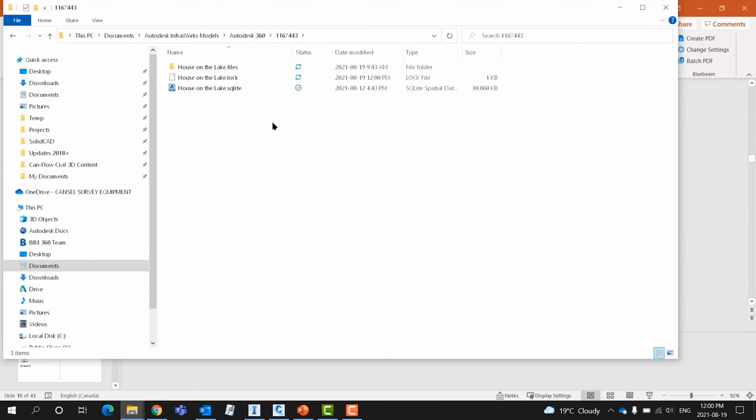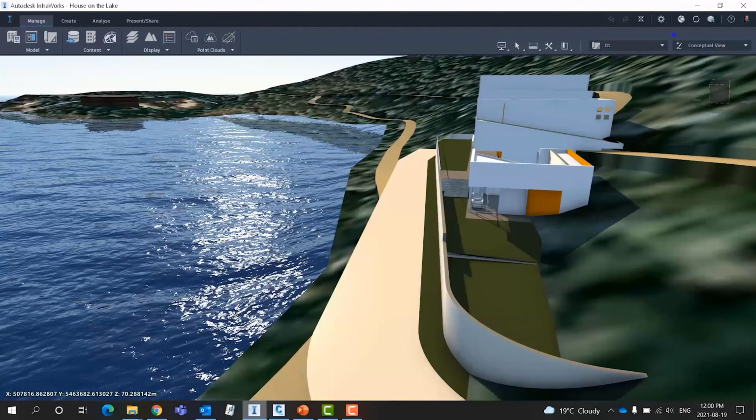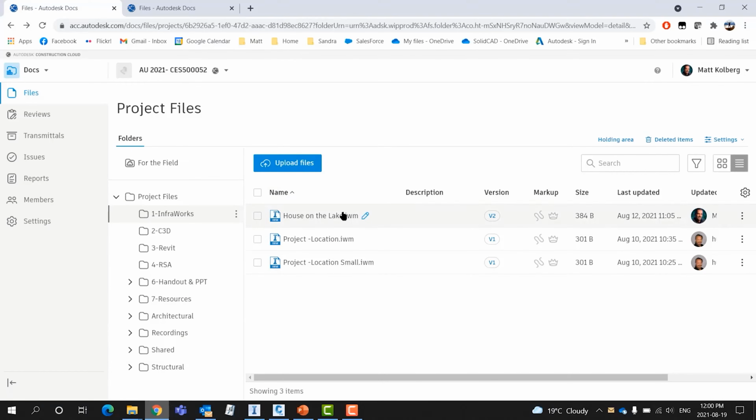After you make those edits, only the SQLite file is modified. Because we're not editing right within Autodesk Docs, changes aren't automatically synchronized to the cloud. To make that happen, you use the Synchronize button right here inside InfraWorks. Your edits will be uploaded, available for other users. Once synchronized,